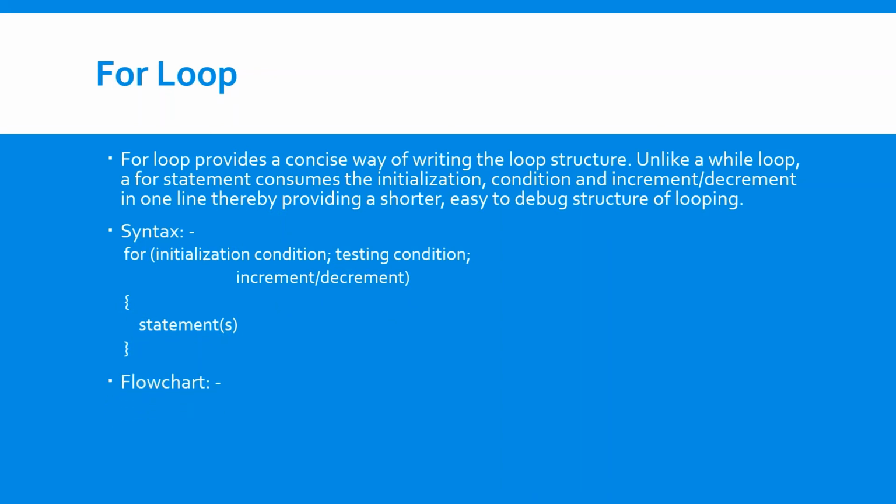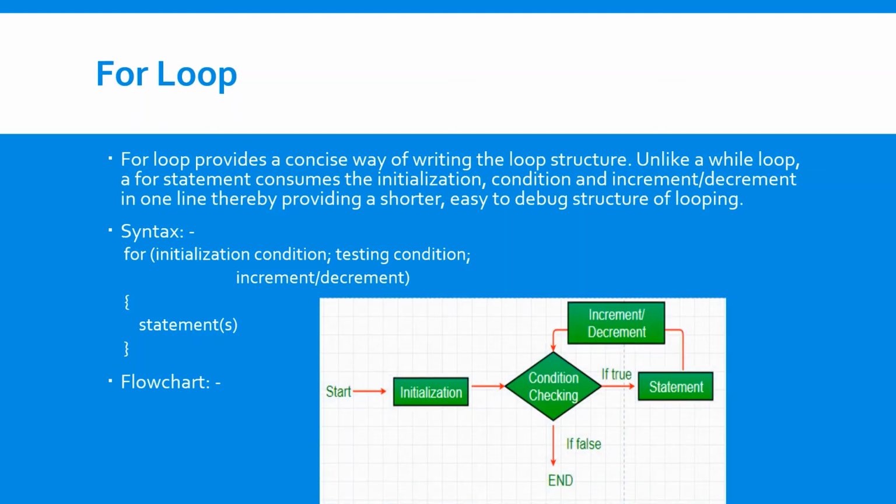So how does the for loop work? First of all, the for loop initializes the condition. Here we initialize the variable in use. It marks the start of the for loop. An already declared variable can be used, or a variable can be declared locally to the loop only. Then the condition is tested. The testing condition is used for testing the exit condition. For a for loop, it must return a boolean value.